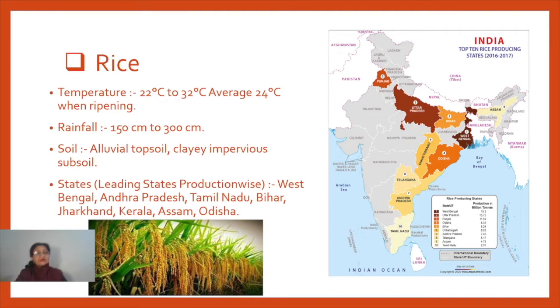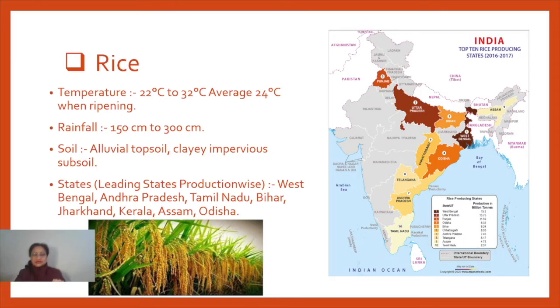So let's start with the first one, that is rice. In the field it is called paddy. For paddy cultivation, you should keep in mind that paddy, or rice, is a kharif crop, as we have discussed earlier. Keeping that in mind, we ask what temperature conditions and what amount of rainfall a kharif crop requires. Most of the kharif crops need heavy rainfall, so rice, being one of them, also needs heavy rainfall.